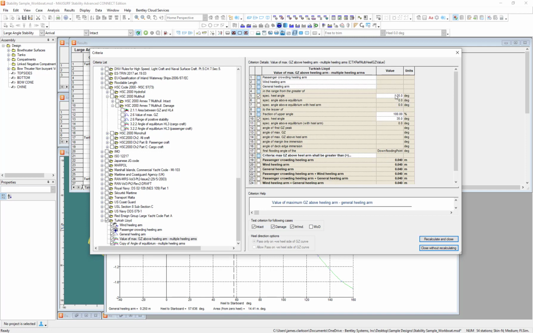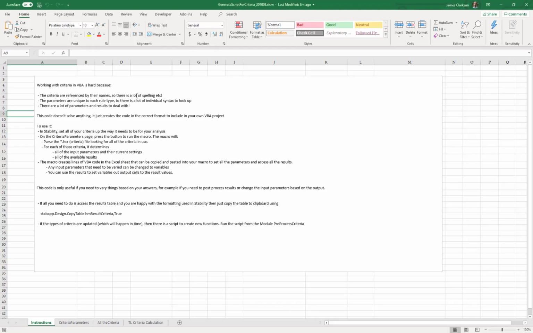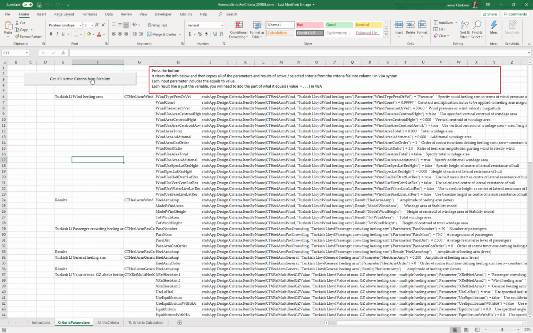We need to know all of that syntax to be able to access these rules through stability. So what I've done is I've written a script here, and it's not going and accessing any rules in stability, it's just creating the script that you can put into your macros to access it. There are some instructions here on this instructions page. The simplest way of running it is simply clicking on this button, and that's clear all, and it's gone and created, if we have a look up here,